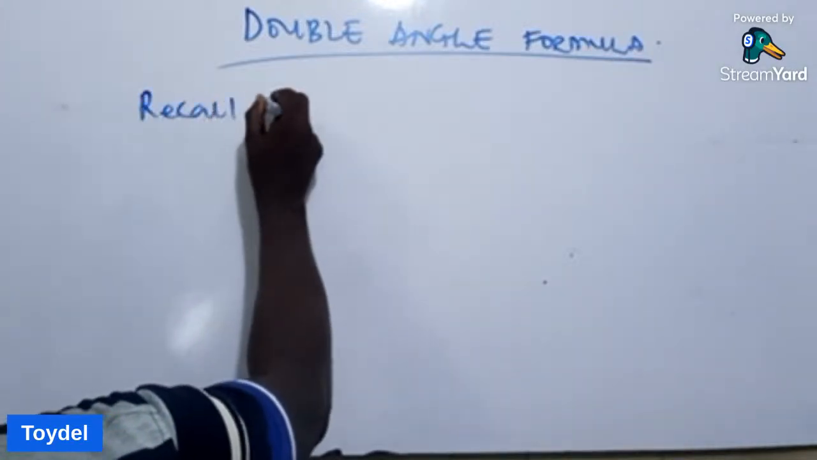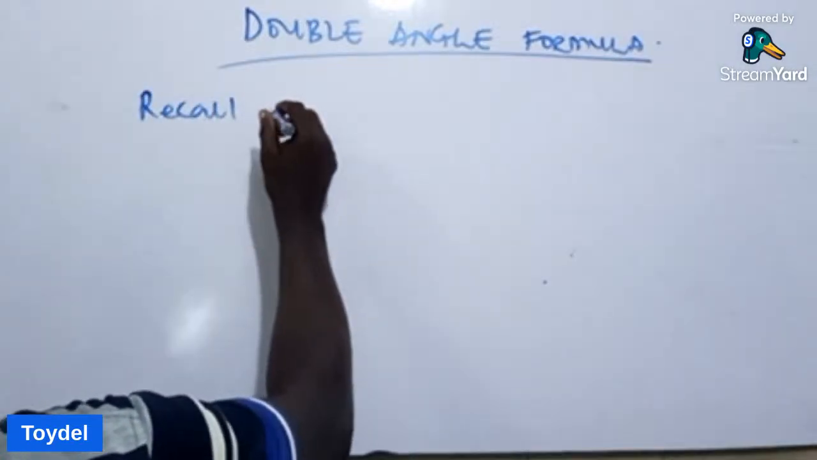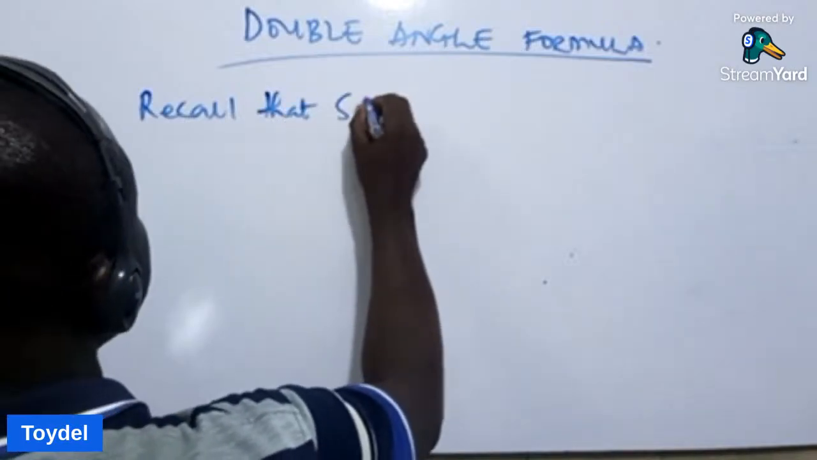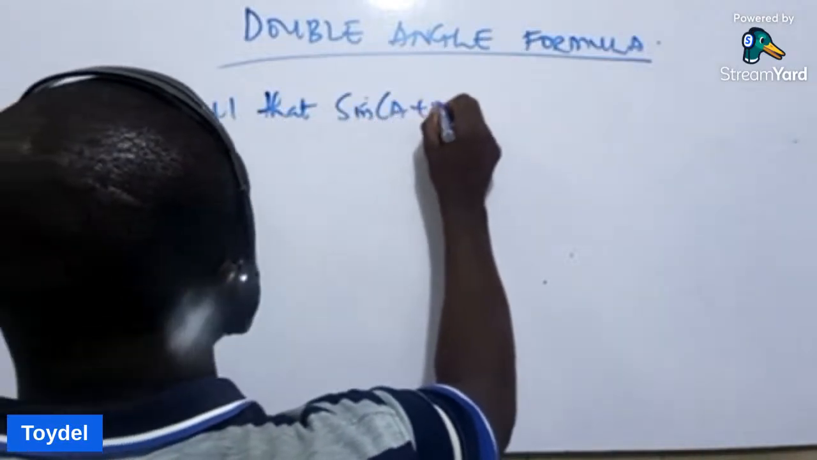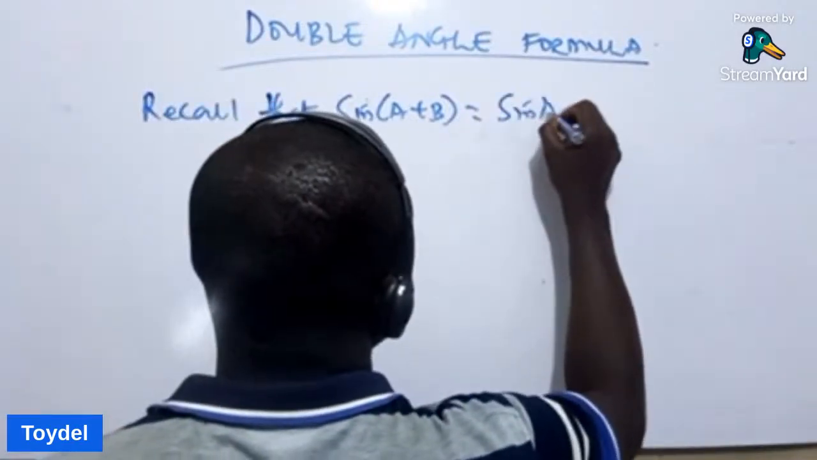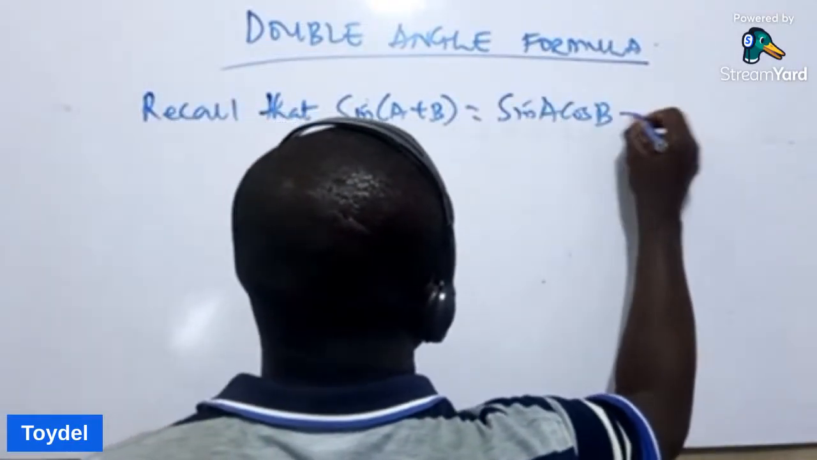We recall from the addition formula that when we have sine A plus B, this is given as sine A cos B